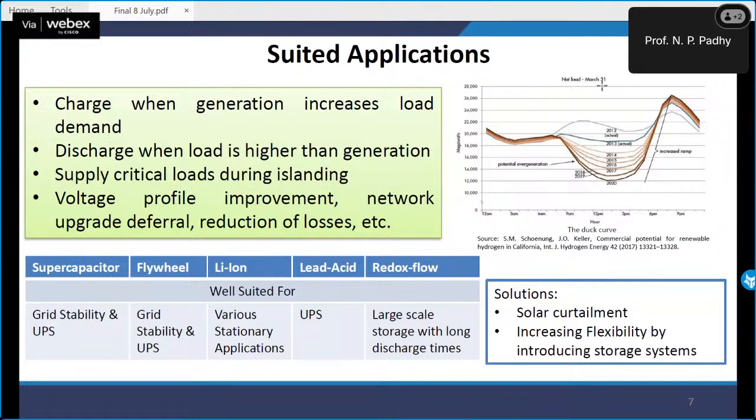But slowly it moves, and at 5 p.m., what will happen? Suddenly, you will expect all the load must come from the synchronous machine, and there is nothing available from the PV part. So what I'm saying is, at 4 p.m., the synchronous machine output was 5 megawatt, and at 6 p.m., suddenly it is 50. So can my synchronous machine of 50 megawatt move from 5 megawatt to 50 megawatt in 2 hours time? That is possible if the ramping capacity is 25 megawatt in 1 hour. Then only I can go to 50, okay? I'm giving a very simple example.